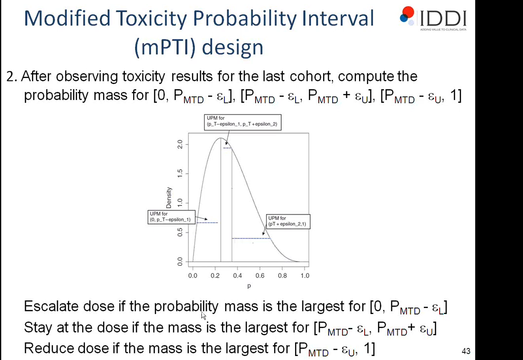And then you essentially escalate the dose if the probability mass is the largest for the lower than MTD interval. You stay at the dose if the probability mass is the largest for the equivalence interval, and you reduce the dose if the mass is the largest for the too high dose interval. Okay, so then you essentially recalculate the probability mass, and you assign next patients to the doses which fall into